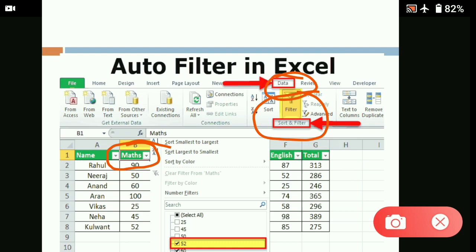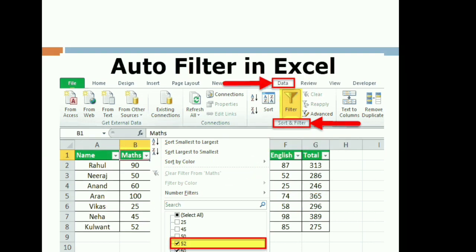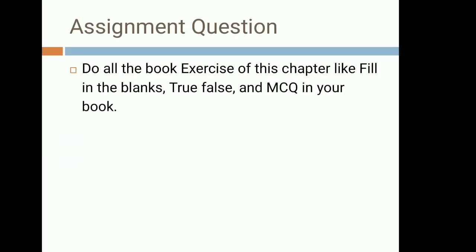After clicking on sort and filter, there are some features here. With the help of a filter we can show the things that you want to show to everyone, otherwise you can hide them from everyone. It is your choice which you want to display and which you don't. If you check in this button, that will display in a drop-down, otherwise the rest of the things will be hidden.